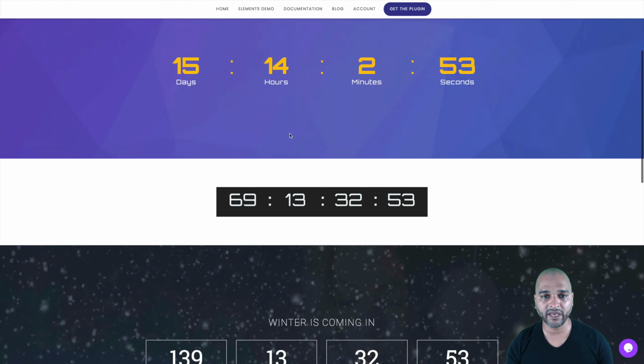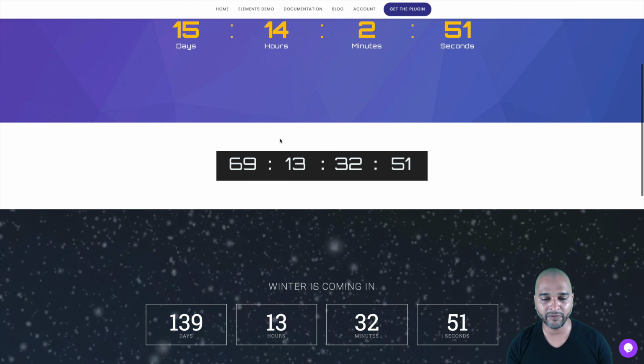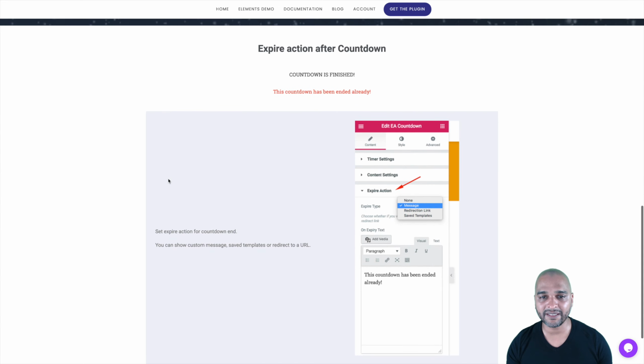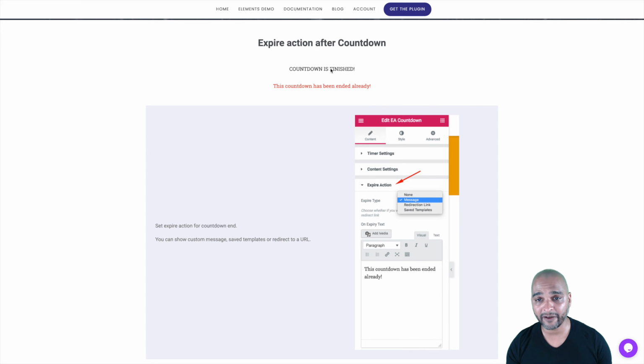Now let's take a look at the countdown. So once again, it looks like a regular countdown, and if you have Elementor Pro, you already have a countdown widget. But the difference with this widget is that they have an expire action after countdown option within Elementor, which means that you can say that when the countdown arrives at 0, then you can mark it as expired, and then you can trigger an action. So the action could be a message, like you can see here on the left hand side. It could be a redirection link, so you could redirect to another page, or it could be a save template. So that's very neat because